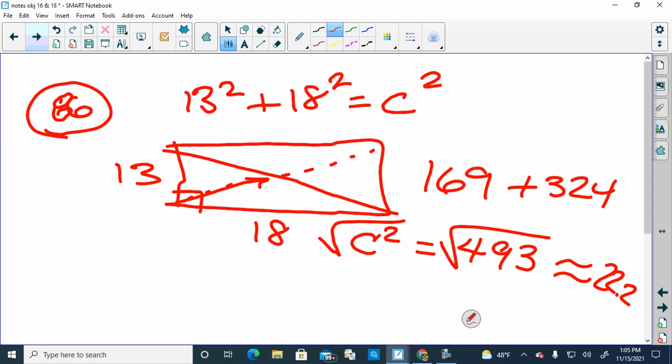Okay, so it's like either way of it. I'm hoping they have both answers on all the keys, so when I read them, they're both there. 22.2, if you actually hit the square root thing on your calculator. And that just means approximate, like it went further than that, but they didn't. Okay,